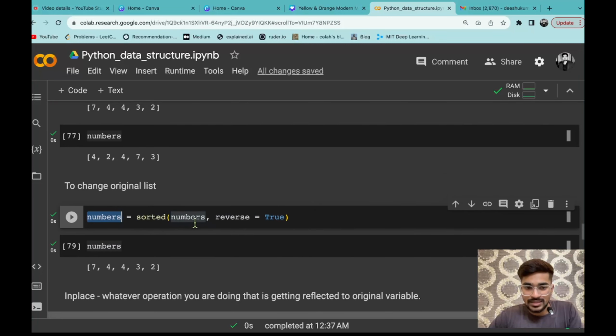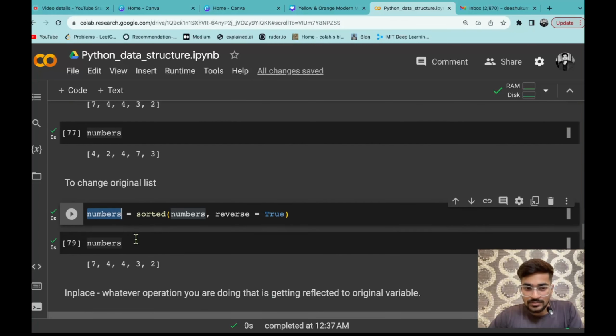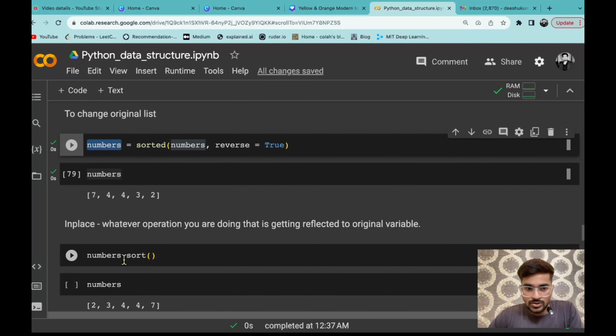Now you will say that this is a lengthy thing, first doing the sorted and then assigning that value to the variable. So to make it simpler, we have a method called dot sort.